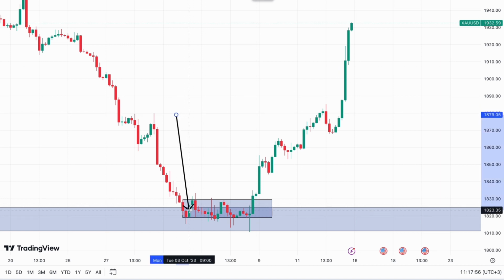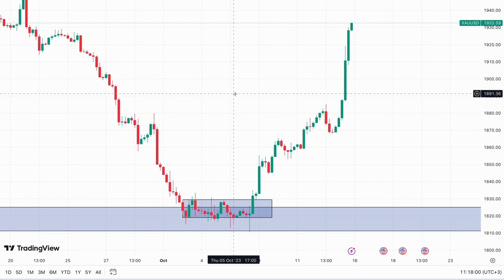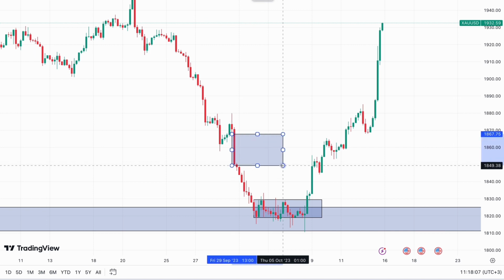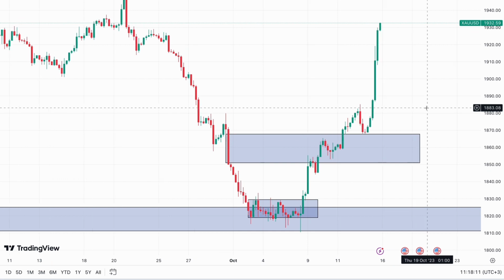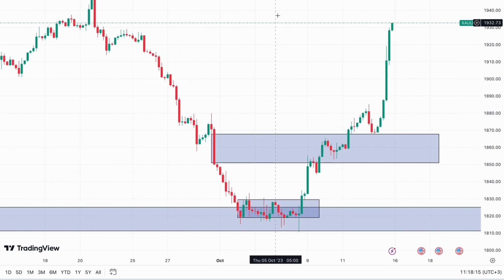You can see here, orders are being accumulated so that we can see this breakout and push the upper side, you see, traders. But even before that, we had so many things happen. When we had this impulsive move to the downside, we had a fair value gap that had to be filled, you see, traders. So price had filled up the fair value gap, and also we had this